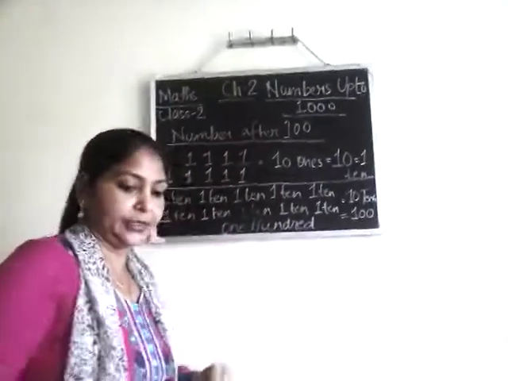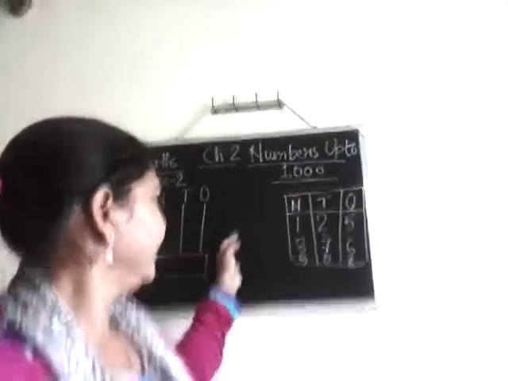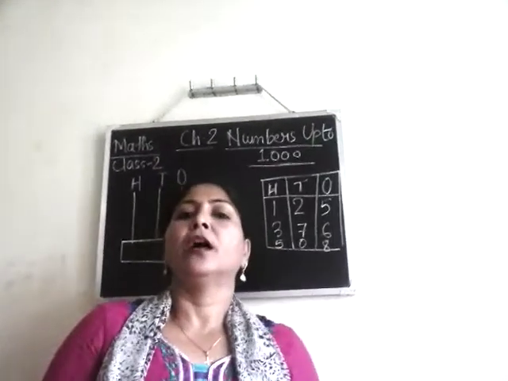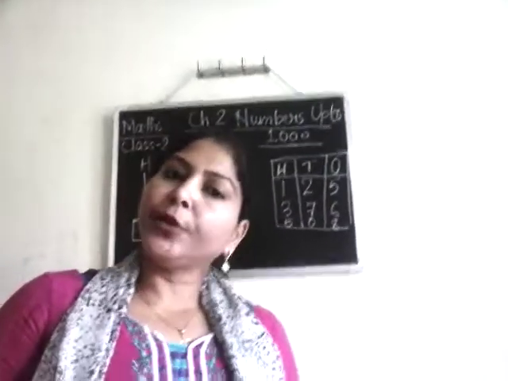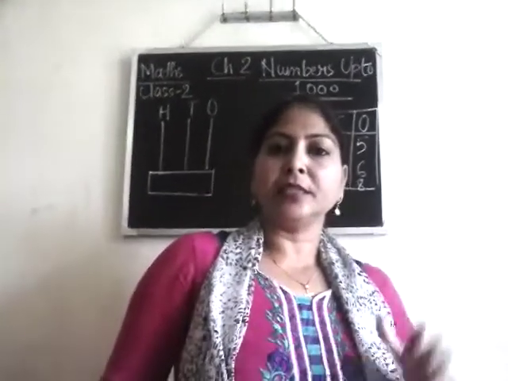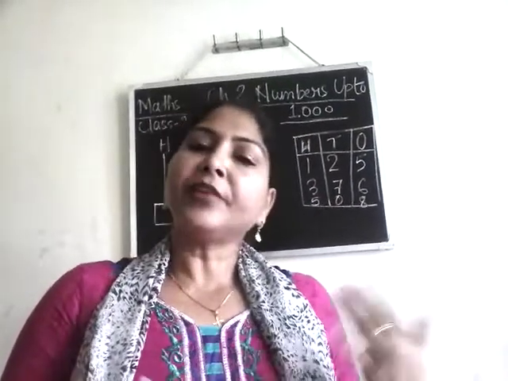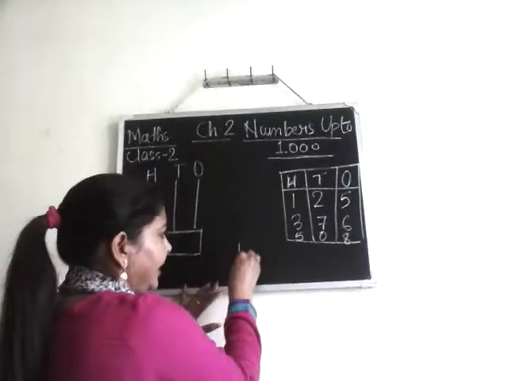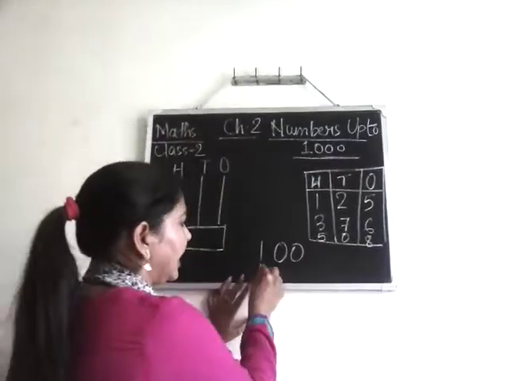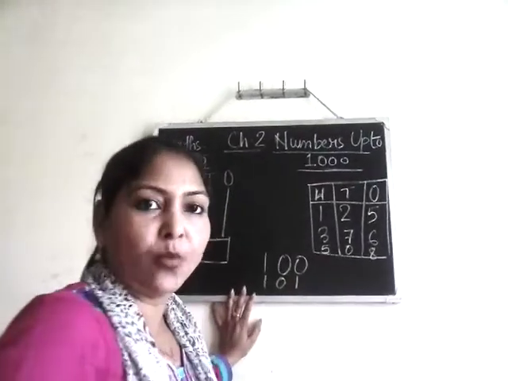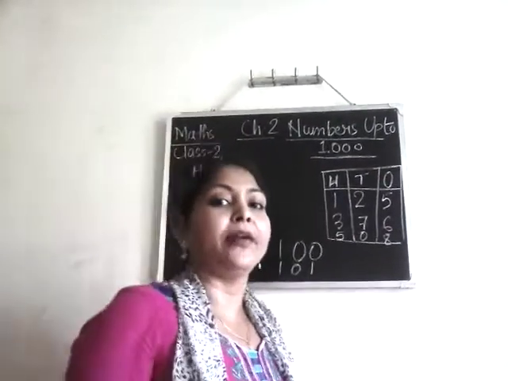Okay. So now we are going to learn numbers above 100. Let us see this. You can see here I have written some numbers. First of all, let us see after 100 how do we count the numbers. Now we know the counting. You have learned the counting 1, 2, 3, 4 till 100. Now after 100 how will you count? After 100 also, what you will do? You will write 100. Now after this what will be the number? The number will be 101, that is 101, 102, 103 and so on. You will go till 199.